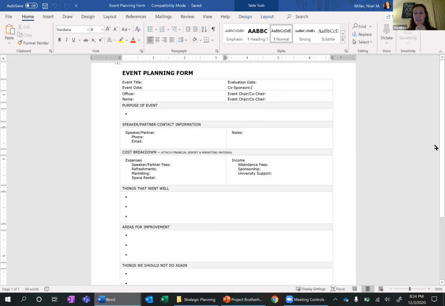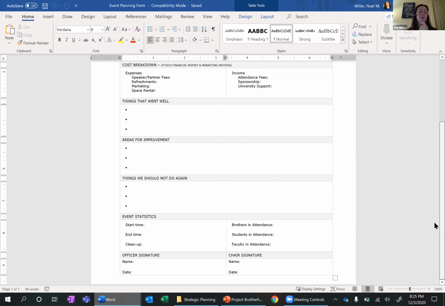your cost breakdown, and then here's your retro, guys. Your retro is built right in. It's a simple 1-pager. 3 things that went well. What are 3 things that you would absolutely want to do again? 3 areas for improvement. So these are your continue, these are your start, and then these are your stop, things we shouldn't do again. Like maybe it's, hey, it was at the wrong time, or it was during Greek week and that was really silly because half the campus is involved in Greek life. Whatever it might be.